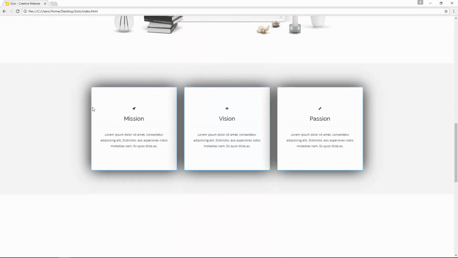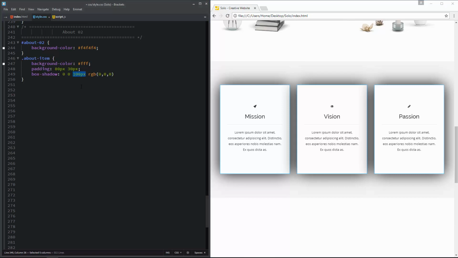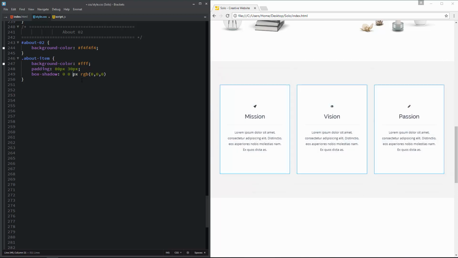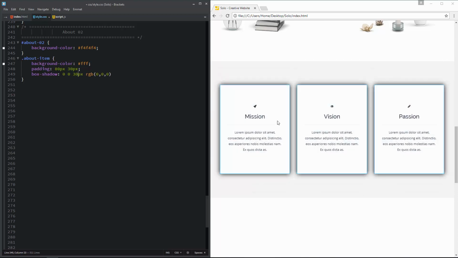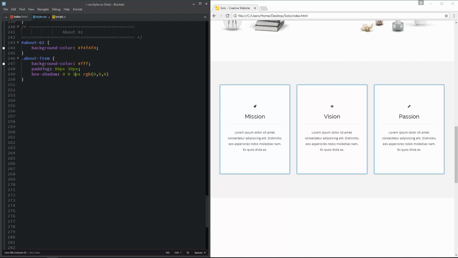I know these shadows are not good looking at the moment, but let us make them good looking. First I'll reduce the blur value. Let me set the blur value to 30 pixels. Okay, it is still too much. Let me set the blur value to 10 pixels. Okay, it is fine.